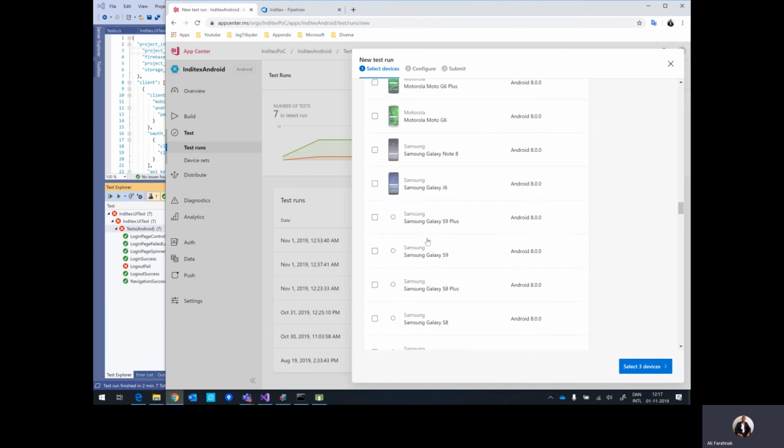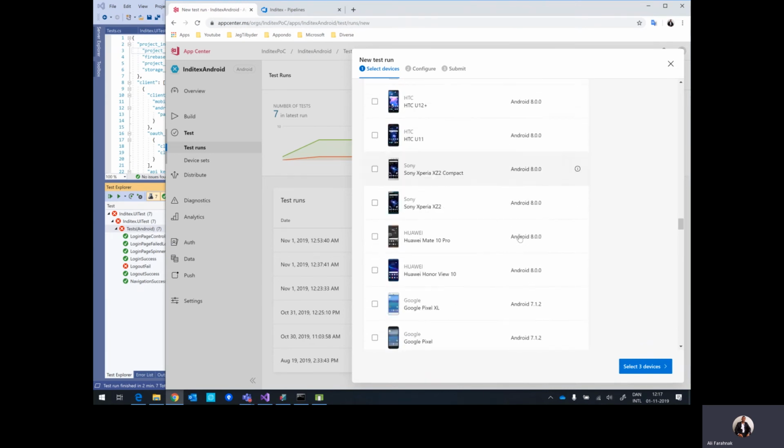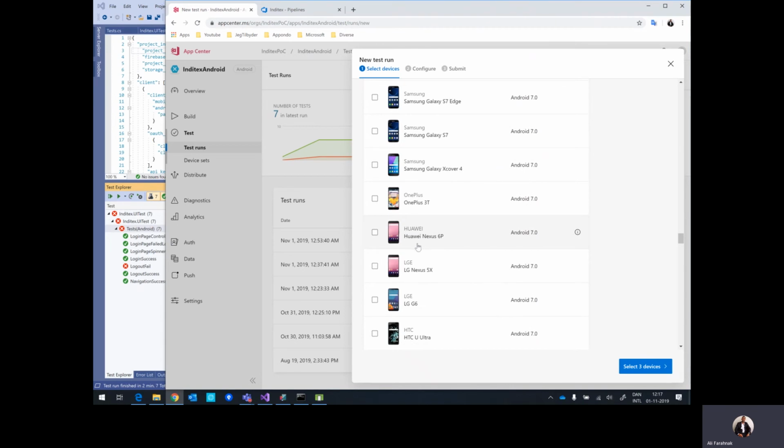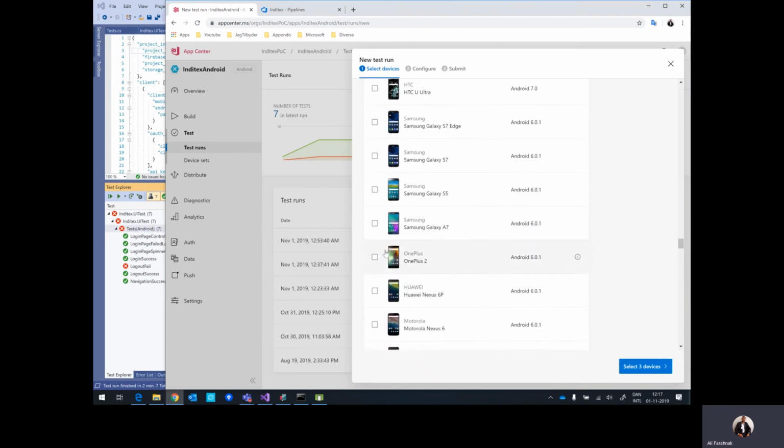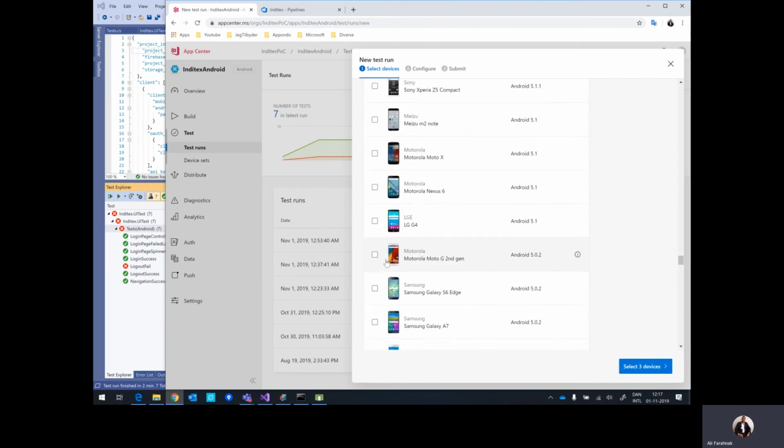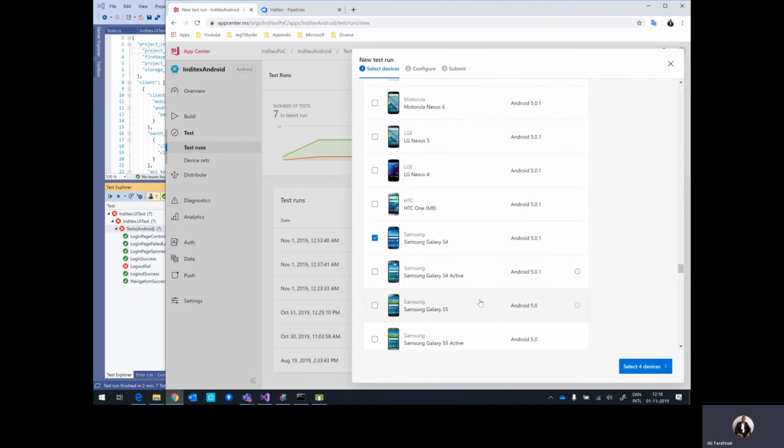These run on different versions of Android, so the same phone can have different versions. Right now I just built my test around Android, but there are also, of course, iOS devices as well. After you picked all your devices, say I picked 4 devices,